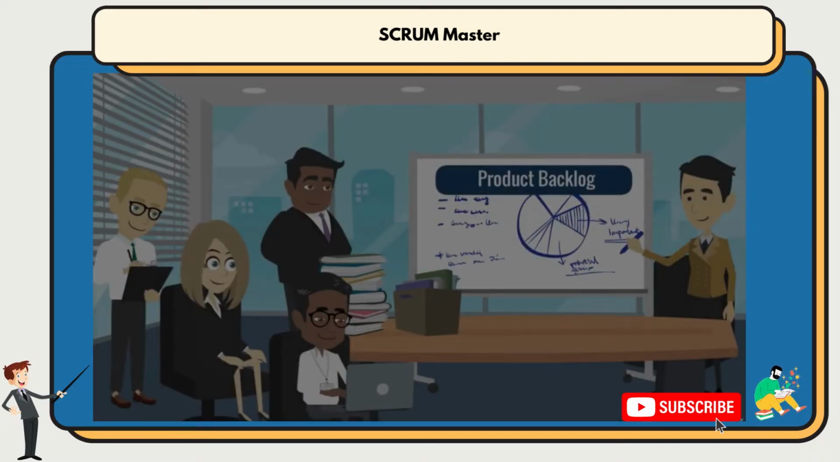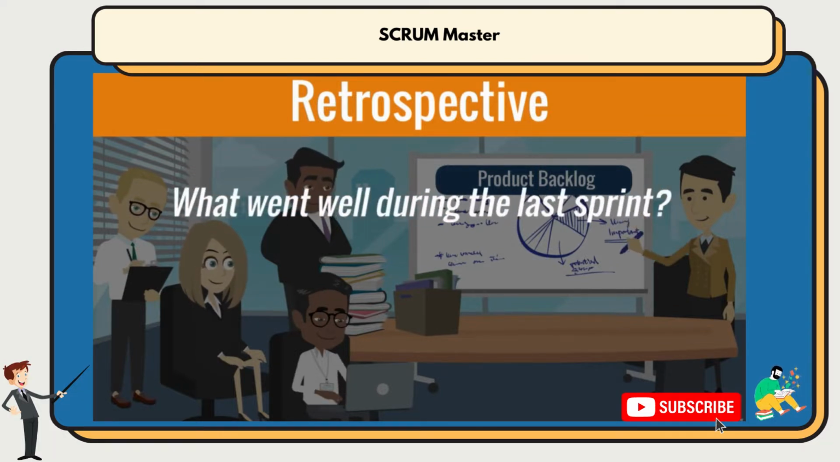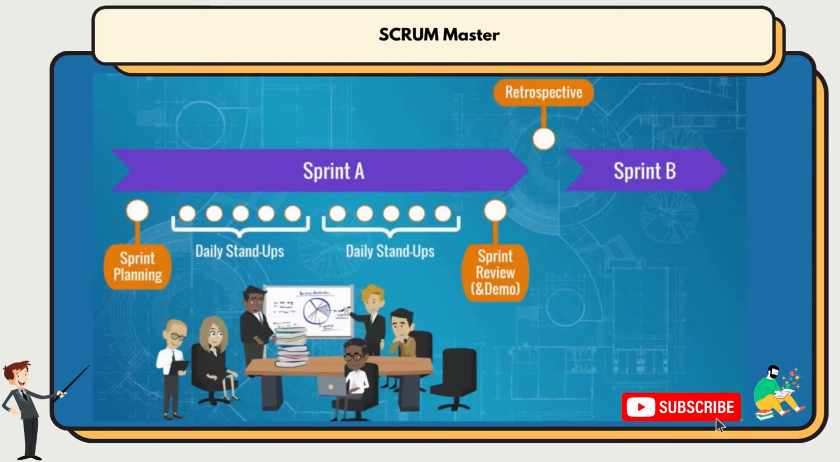Finally, the team performs a retrospective or retro session. The discussion here needs to cover 2 fundamental topics: what went well during the last sprint, and what did not go well and not as per the plan. Any improvement points are directly brought to the next sprint planning session. These sessions are also known as ceremonies. These Scrum ceremonies are really important for the successful management of the Scrum team and fall under the Scrum Master